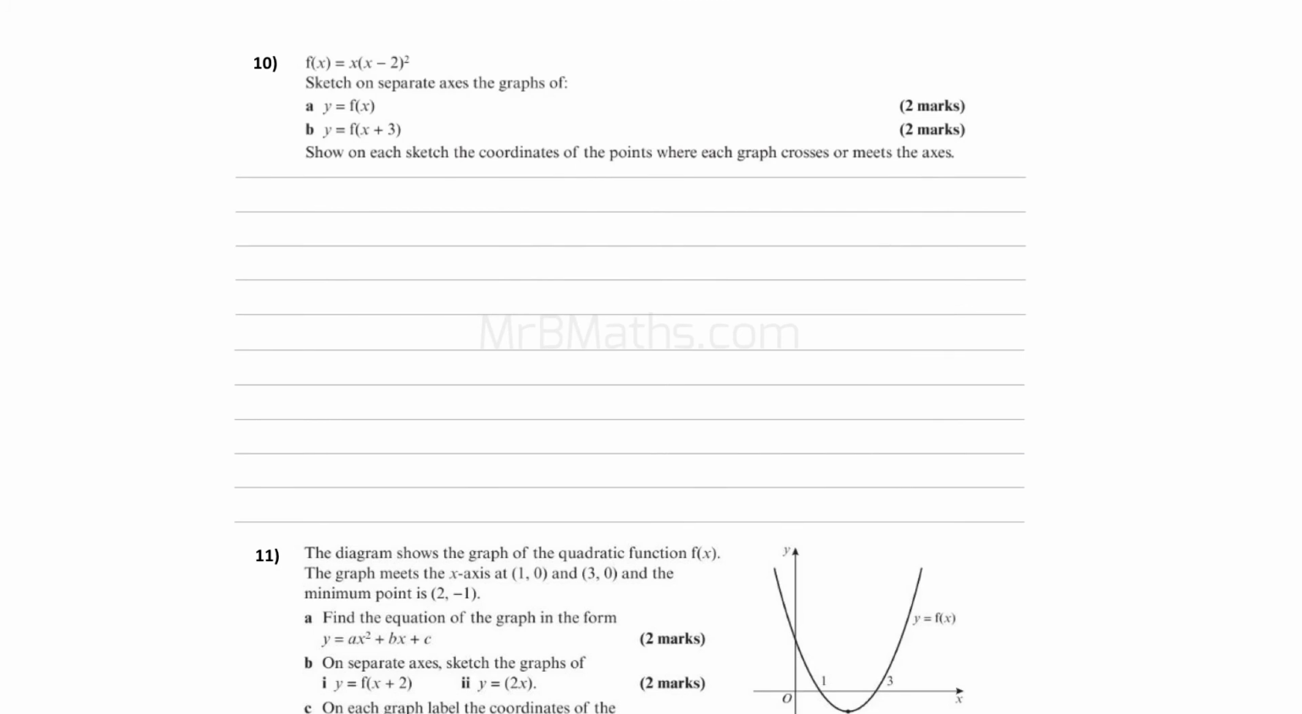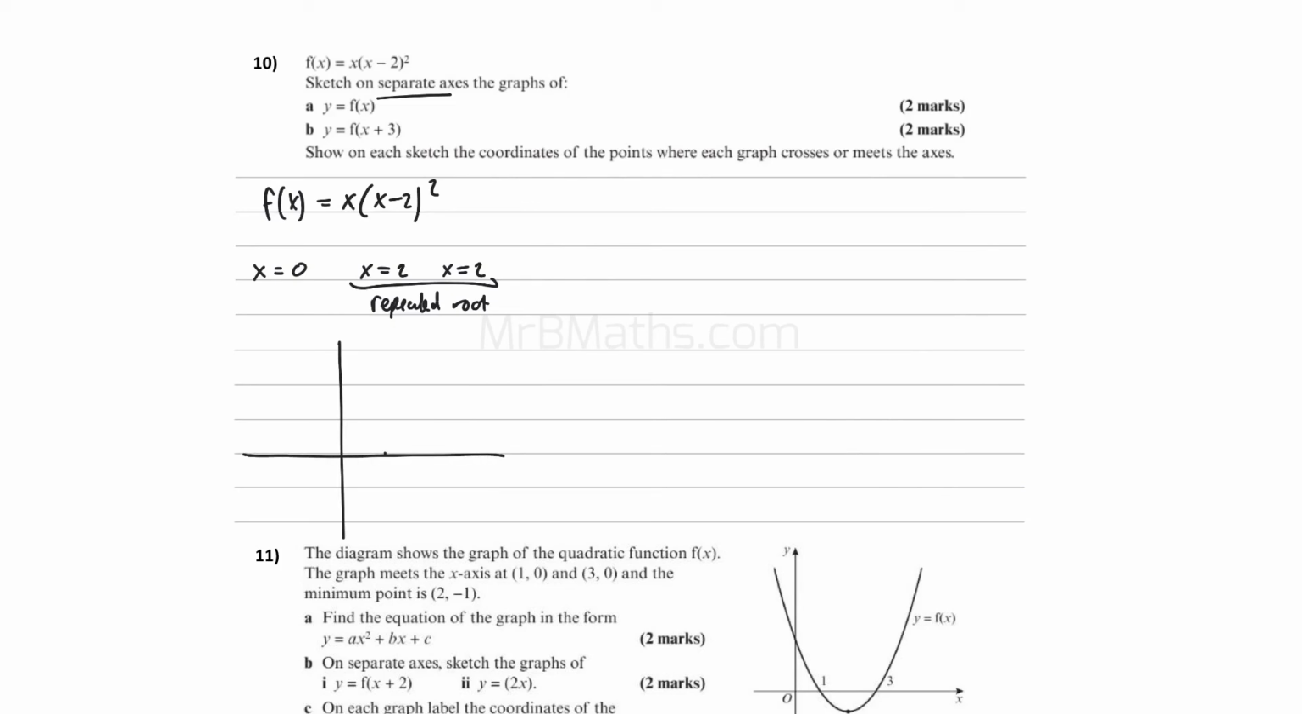Okay, question 10. Here we have f of x. We need to sketch on separate axes the graph of f of x and then f of x plus 3. So we've got f of x first of all. Okay, so we know that we have an x equals 0, an x equals 2, and an x equals 2. So here we've got a repeated root. Okay, and this is a cubic, isn't it? So if we just draw our axes like so, here's our 2,